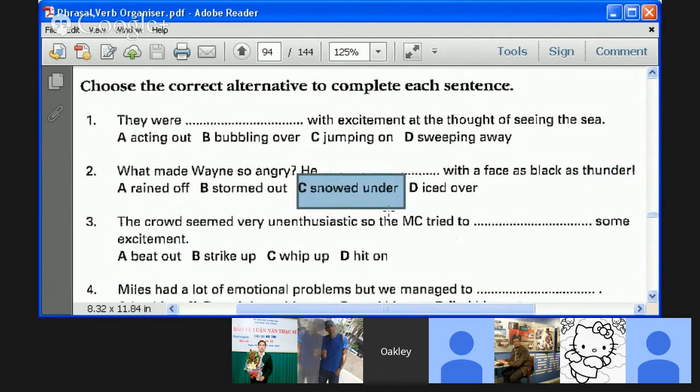He snowed under. Snowed under is very physical. Recently in the United States, part of the Midwest and the Northeast, New York State was snowed under. They had 2 meters of snow in just a couple days, so they were definitely snowed under. Very physical, very concrete meaning. You could possibly be snowed under with work, with paperwork, for example. Similar to the idea of being buried in paperwork.